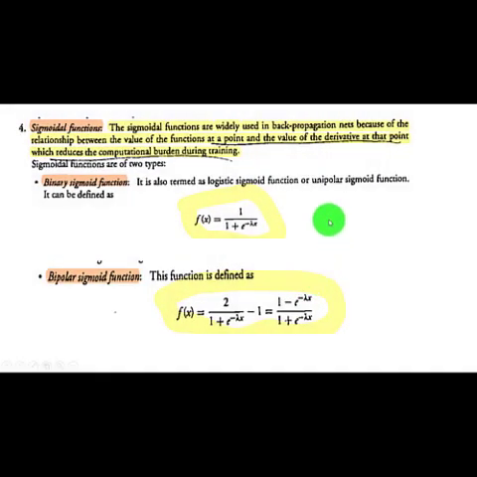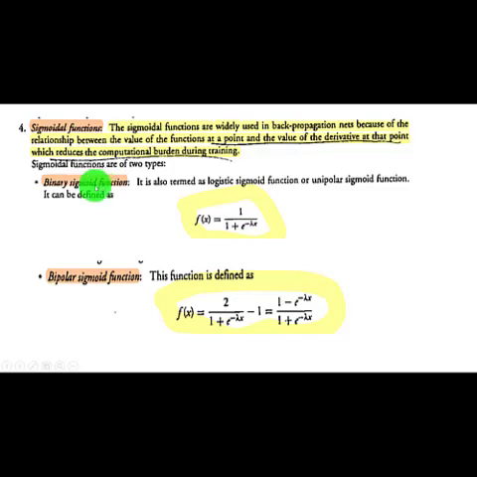The most important activation function is the sigmoidal activation function. This activation function is used in back propagation neural network. Later on we will see there is a neural network called backpropagation neural network. To generate the output from this neural network, sigmoidal activation function is used. In this function, we have two categories: binary sigmoidal and bipolar sigmoidal activation function.